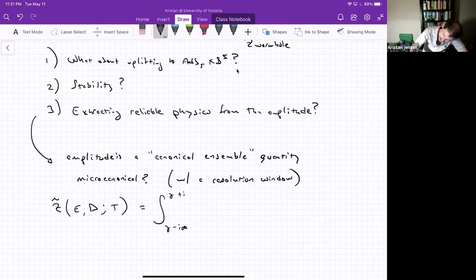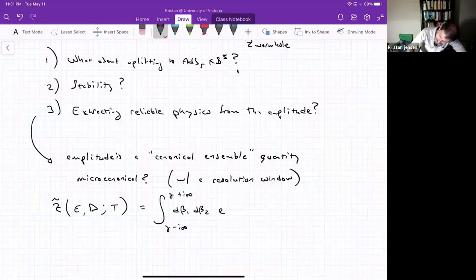We integrate over a contour parallel to the imaginary axis. And what do we do? Well, we integrate with a Gaussian filter. So without the delta, without the resolution window, it would just be a Fourier transform. But with the Gaussian filter, it's this